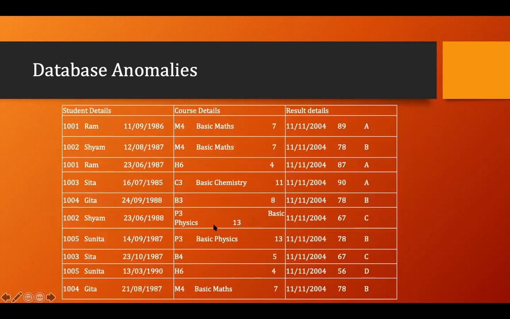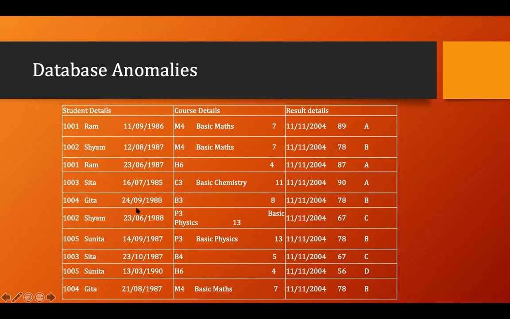So in the table, if you see, let's say there is M4, Maths 4, and I want to change the name of maths from basic mathematics to something else. I have to change here, here, as well as here. At the same time, when I want to update the name of any student, let's say 1003 Sita, I have to update it here as well as here.